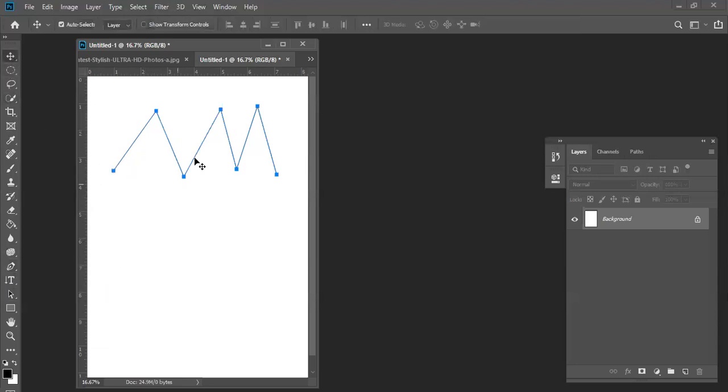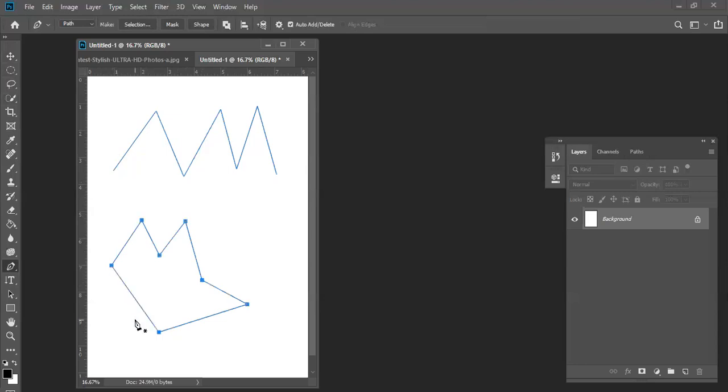Okay, so this is not a closed one. If you want to create a closed one, you can create like this: 1, 2, 3, 4, 5, 6. From start to end, you can close it like this. After finishing this closed shape, if you want to fill any color in this, you can. So this is a selection tool. Just select this one by using the path selection tool. If you want to fill any color in this, you can fill.